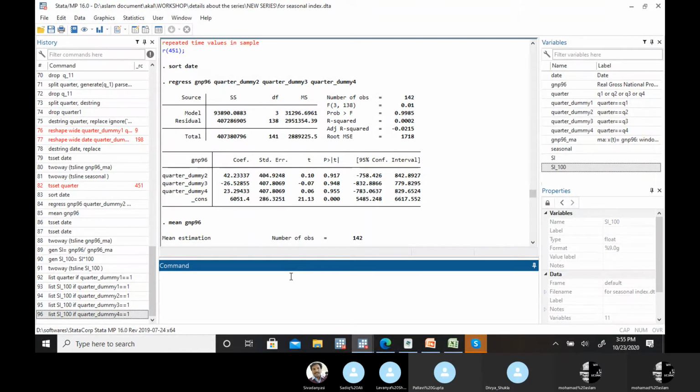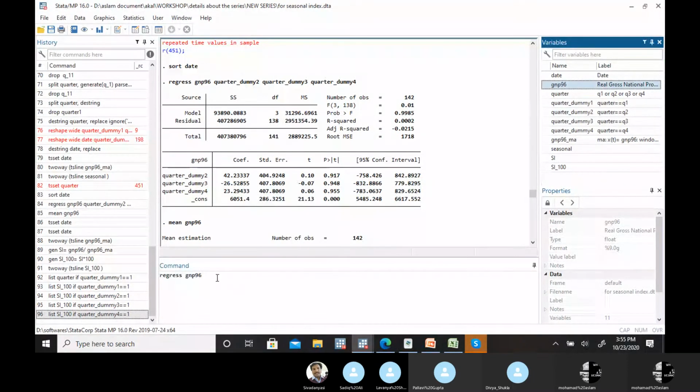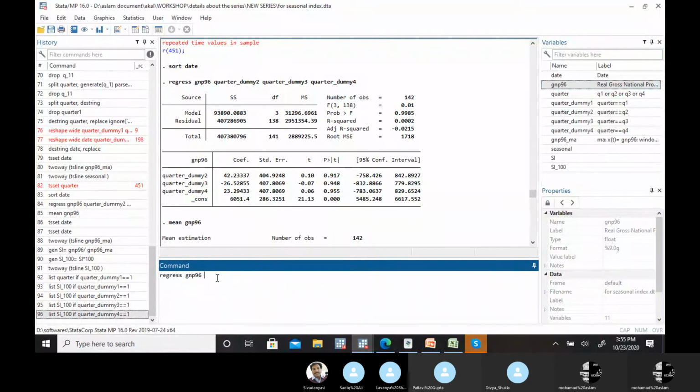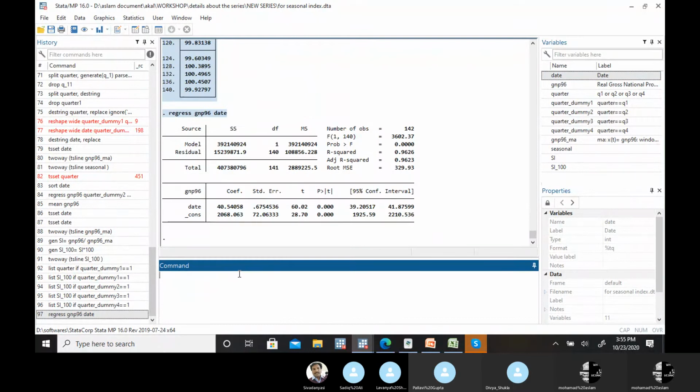So trend is generally our regression. Regress the actual variable, dependent, on the independent variable, which is time. Now we need a y hat value, that's our straight line trend value.